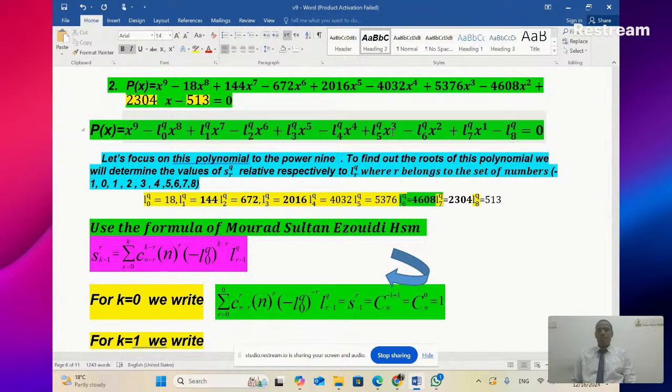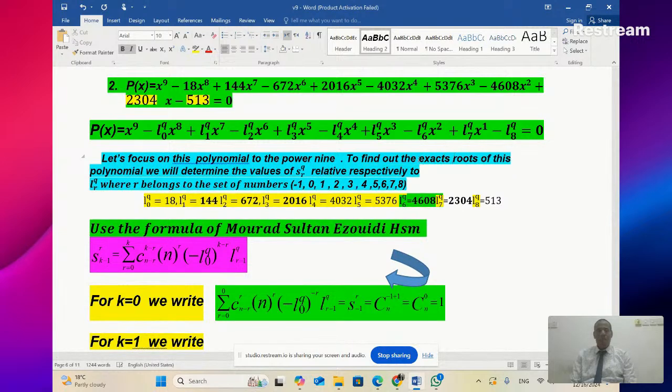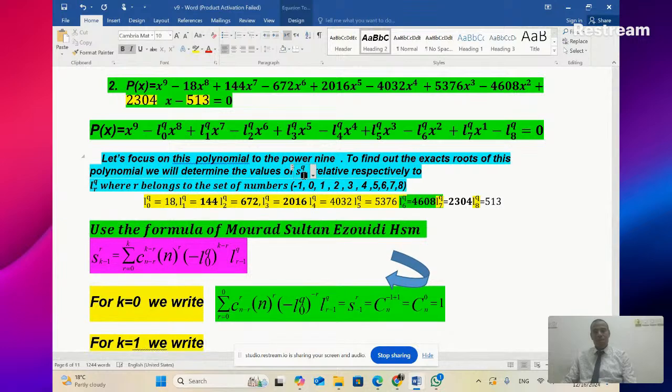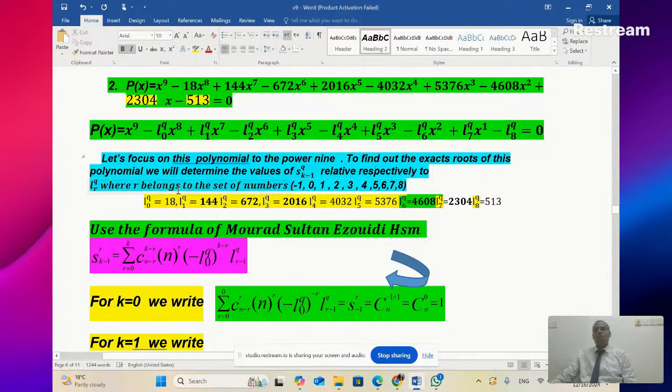So my kids, you can see that this is going to the power 9. I'm looking for finding the exact roots of this polynomial. So we should determine the values of s subscript k minus 1, relative respectively to